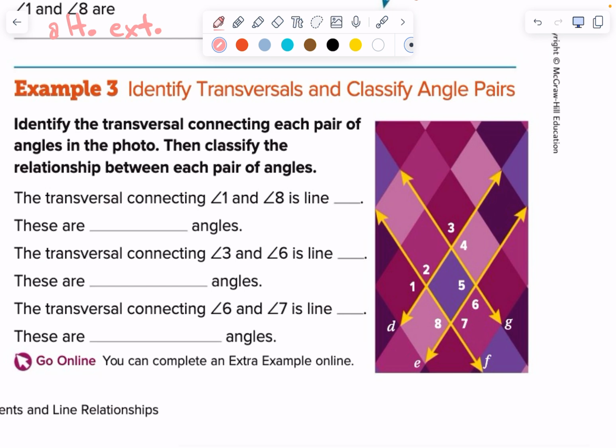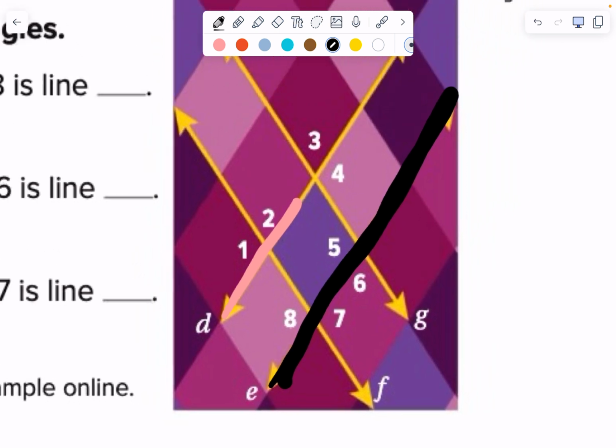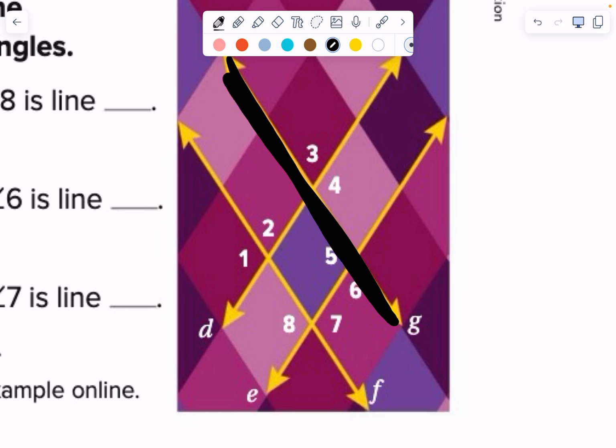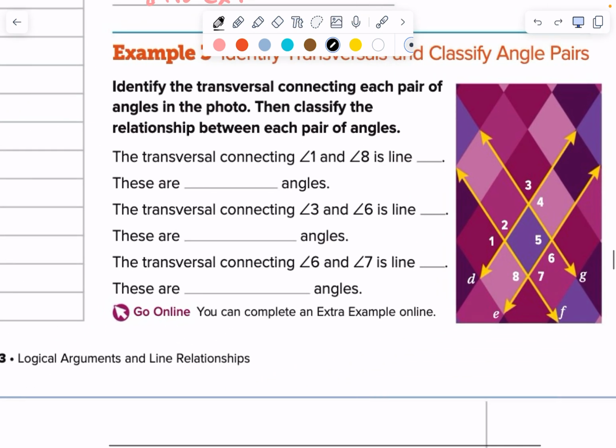Now we've got a bunch of lines going on right here. What is the name of this line? What's the name of this line right here? D. Do you see that? Down in the bottom corner? Okay. What's the name of this line right here? E. Okay. What's the name of this line? F. What's the name of this line? G, right? Okay, and then they have some of these angles numbered, like this is angle 1, this is